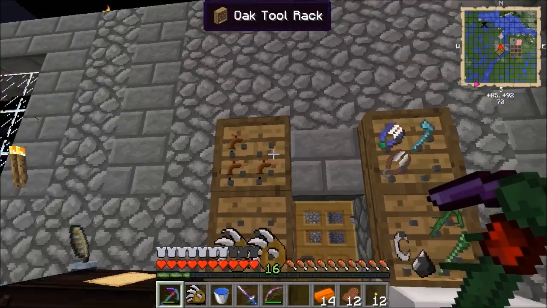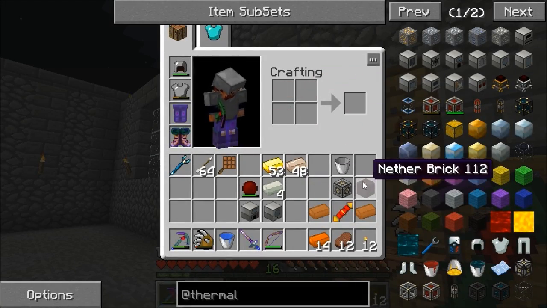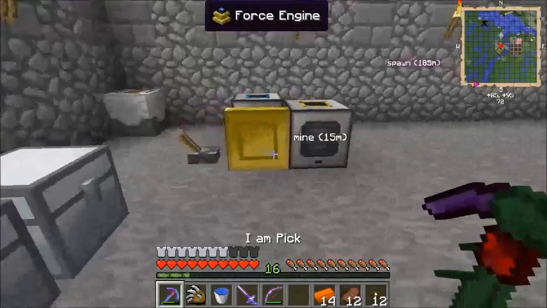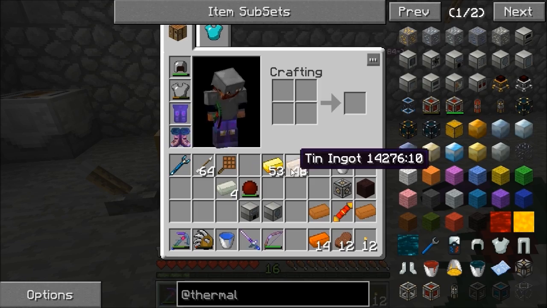So 4 of them, we'll wait for the 4, but 4 of them in your crafting square gets you a nether brick. So that's a way of making nether bricks without finding a fortress. You just need some netherrack, and it's all good. So now we can start looking at making the things we need for